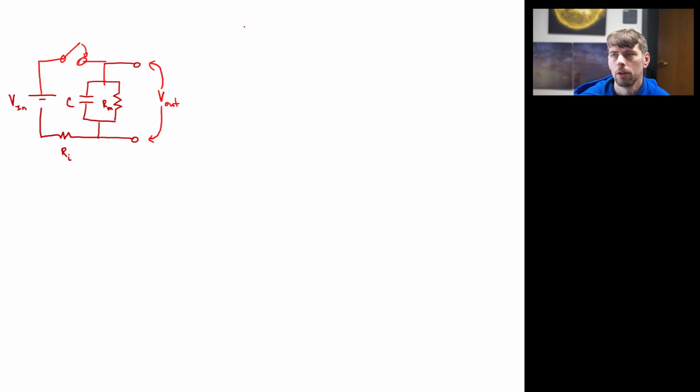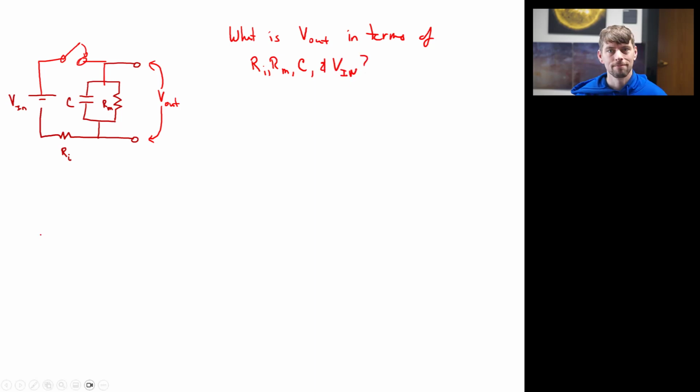Okay. So the question is, what is V out in terms of RI, RM, C, and V in? Okay. Go ahead, pause the video if you have a minute, if you want to take a stab at it. Okay,